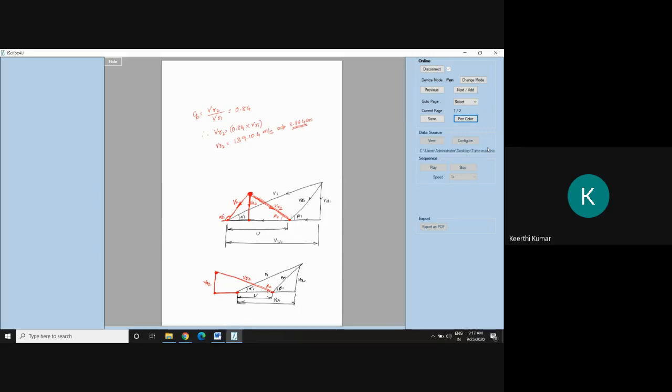Then here in the bottom figure, V2 is missing. V2, from where to where am I supposed to connect? I'm supposed to connect from here to here. So I will connect V2. I'll write this as V2 and this is alpha 2. Correct? V2 is supposed to be drawn from the base of the U to the apex of the triangle. So here also I'm doing the same thing. Base of this triangle to the apex of the triangle, I'm drawing the V2. So if I draw this line, it will become V2 and the direction is towards the bottom.